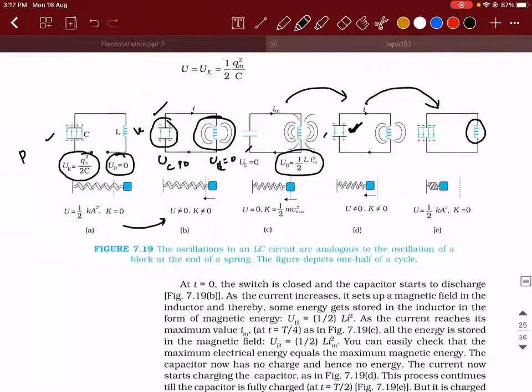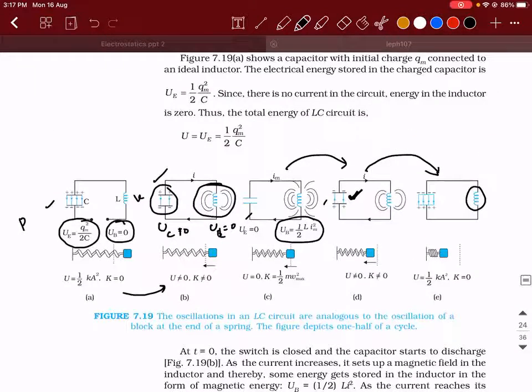And by this kind of a process happening, there will be a continuous frequency of 1 by root LC that will get generated. So one point to be noted here is, this is a value which is exactly equal to the resonance frequency in LCR circuit. Okay, but don't get confused between both. There the condition is different. In LCR circuit, what did I say?